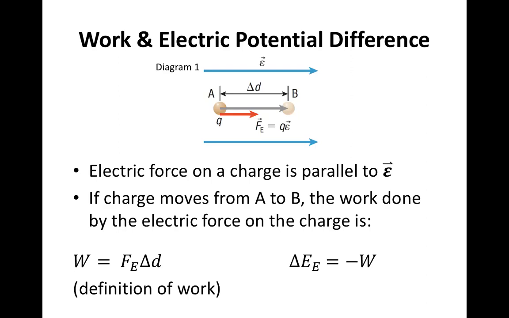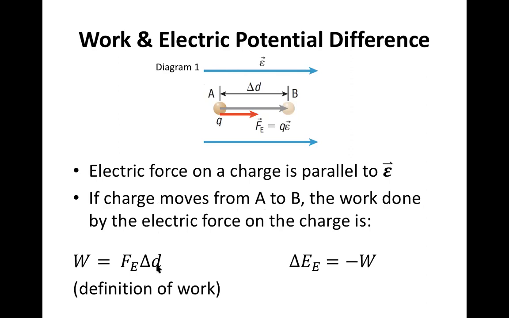So if you're orienting yourself in this diagram, you see epsilon is this direction. So you know here or somewhere here is the negative plate, and here or somewhere here is the positive plate. Positive objects naturally want to go from positive to negative. Let's take this object from A, so closer to the positive, to B, so closer to the negative. The electric force on the charge is parallel to epsilon, so Fe is to the right, epsilon is to the right. If the charge moves from A to B, so to the right, the work done by the electric force on the charge is,